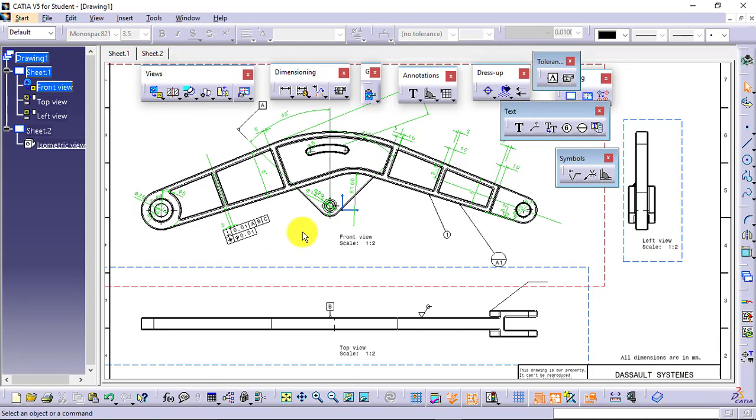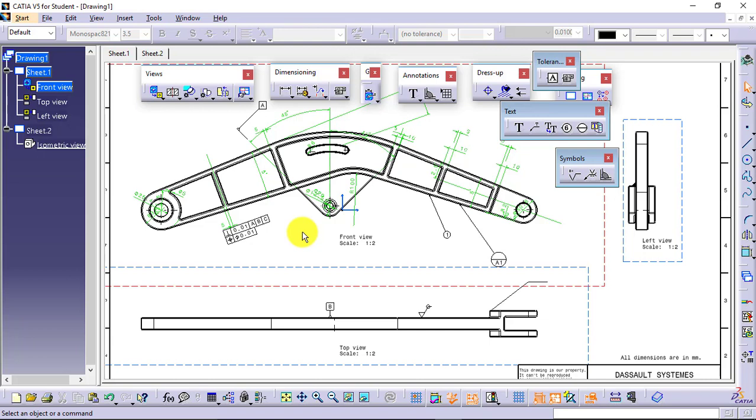So in the drafting of CATIA V5, we have seen how we can maintain the title block, how we can change the view settings, how we can change the sheet settings, how to define the projection method, and where and how we can place the view. Orthographic, isometric, and sectional views we have seen. Then we have seen clipping view and detail view, and the difference between both.